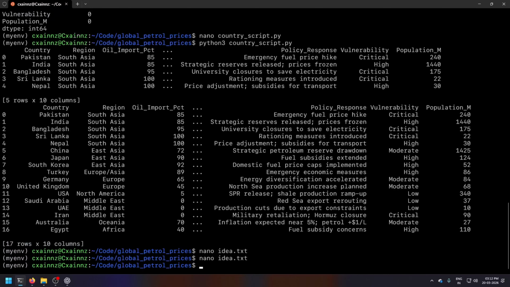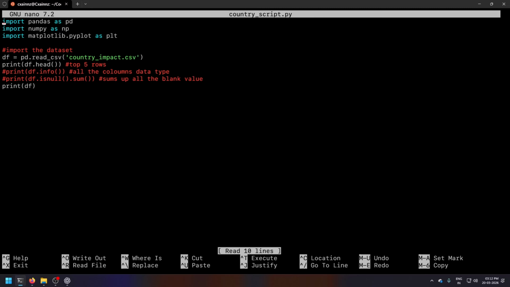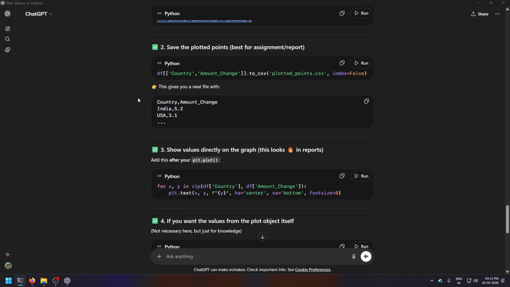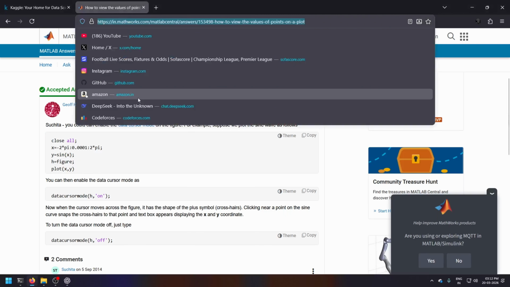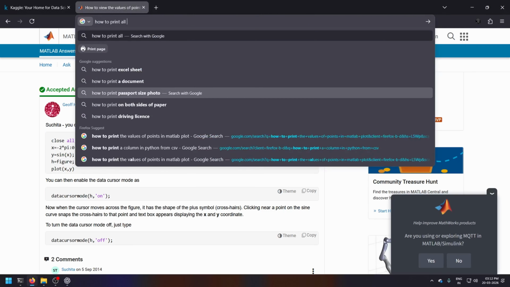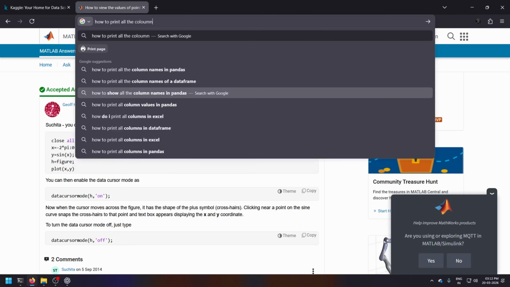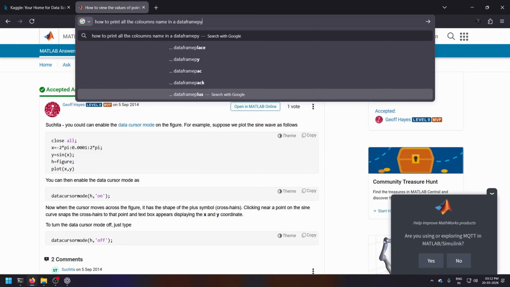You can include all these columns like policy response, this vulnerability thing, all those things. The total thing is petrol price increase, and that can be done if I print all the columns. So let me see how to print all the column names in a data frame in Python.